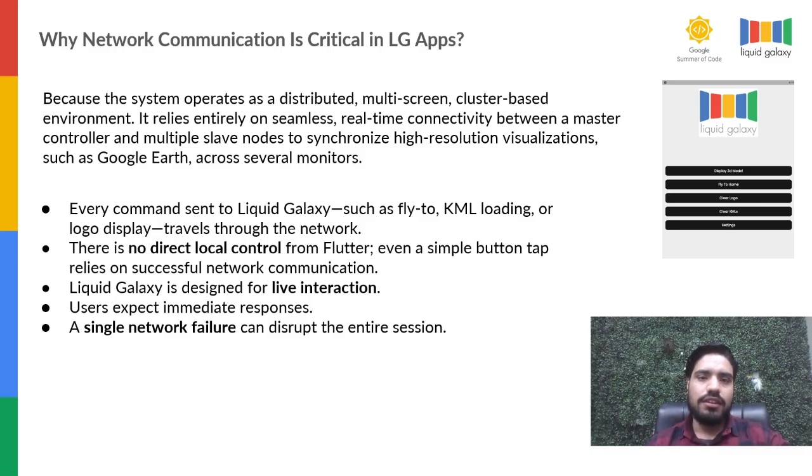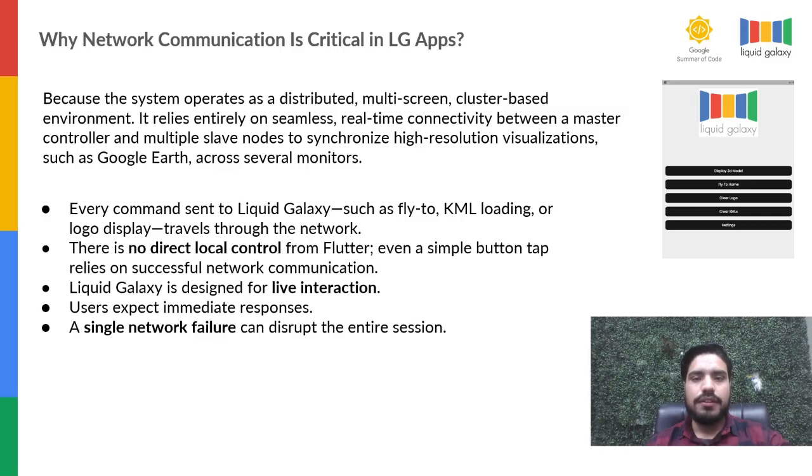If the network communication is not good between the Flutter app and Liquid Galaxy, we can't send commands to Liquid Galaxy. If I take an example of my experience, when I tried to connect my Flutter app with Liquid Galaxy for the very first time, even I faced difficulty connecting my Flutter app to Liquid Galaxy. The basic reason behind that was that I was using the wrong way of communication,